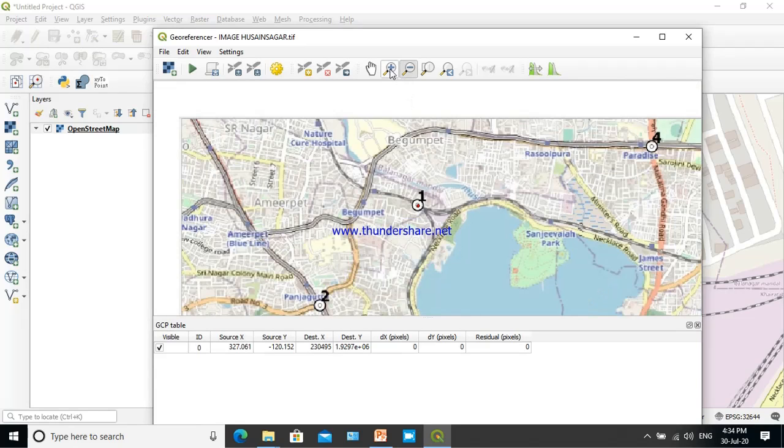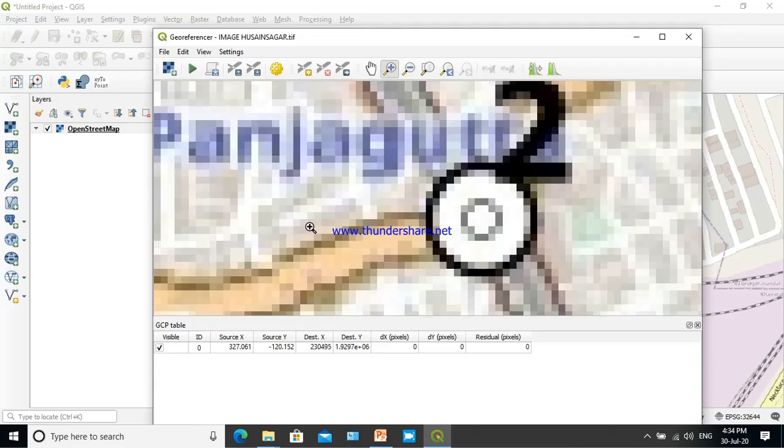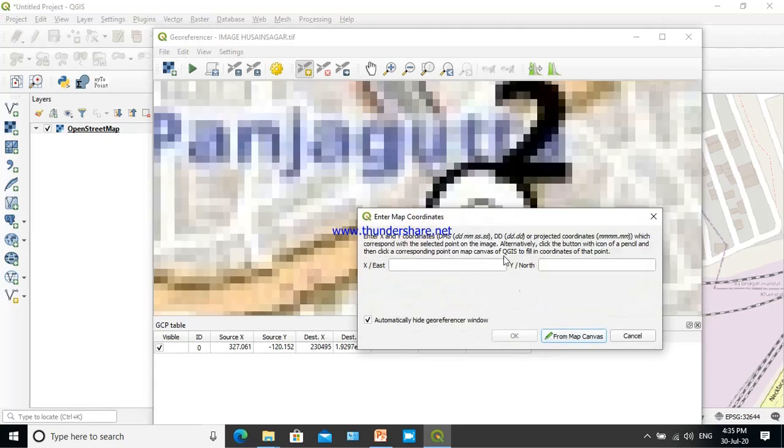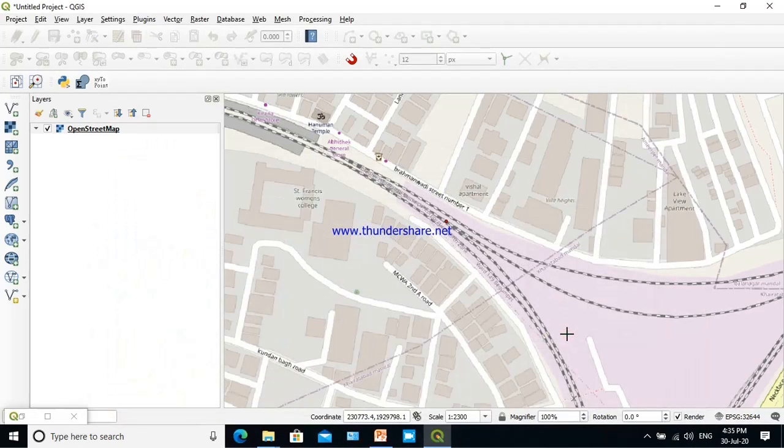Second point needs to be zoomed. This is Panjagutta Chaurasta. If you are aware of Panjagutta, so this is Panjagutta Chaurasta. Similarly, we will be going here. This add point tool is this tool, and we will be clicking the first point here. When this is invoked, let us click here. So now we will be